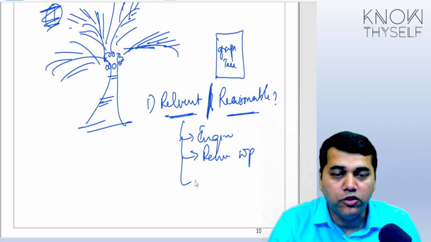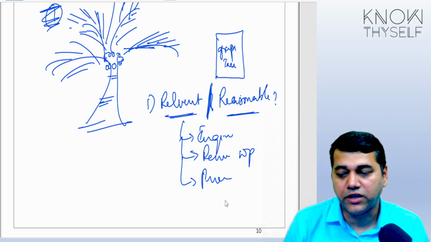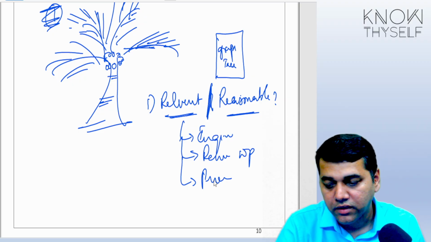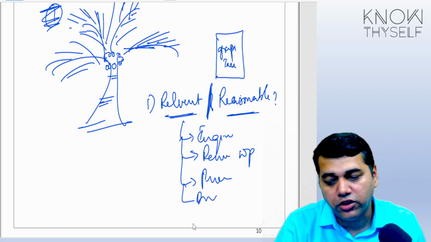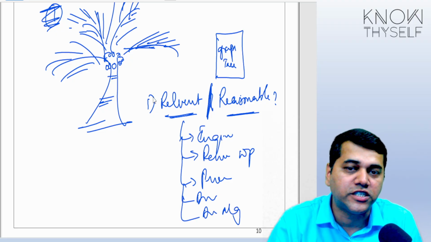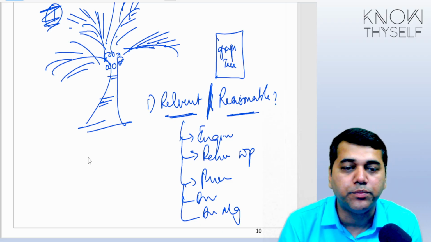And then you may have to perform some procedures like observing their work, witnessing, taking the help of another, like we call it a second opinion. Then you may have to discuss with the auditor, and finally you discuss with the management, because ultimately this belongs to the management. Go and ask them, sir, my expert is telling this, what is your opinion?